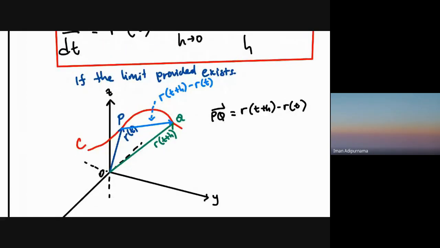Now, based on our knowledge of Calculus 1, as the limit of h approaches 0, meaning Q is getting closer to P, based on what we wrote above. So as the limit of h approaches 0, this will be getting closer to P,